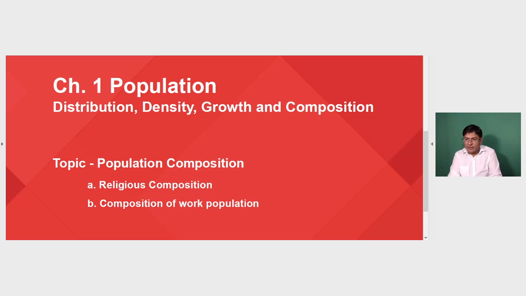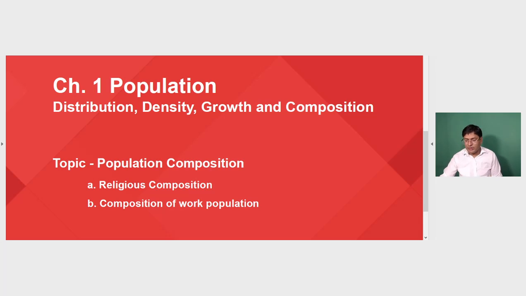So first we already have discussed composition of the population based on the urban and the rural population, means the ratio of the urban and the rural population and their other factors. So the second composition was the linguistic composition. Linguistic composition means the population divided based on the languages they speak. And our third composition we are studying is the religious composition.